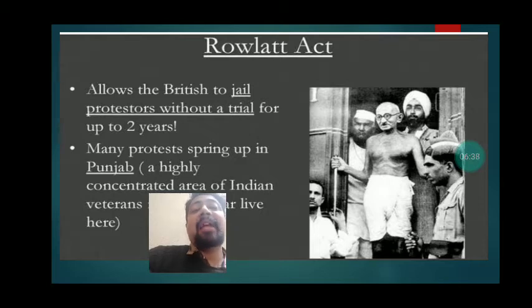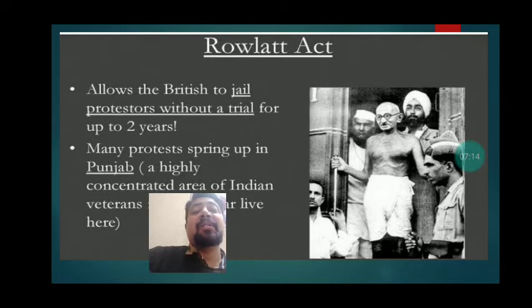Why? Because this act allowed Britishers to put any suspicious Indian behind the jail for 2 years, and there would be no trial for this. So many protests sprang up in Punjab in response of this, and many were put behind the jail who were revolting, who were actually criticizing this particular act. So Britishers passed one act in order to curb the freedom of Indians. So this act was termed as the Black Act because here no appeal was there and no trial was there against this particular arrest. So this Rowlatt Act created a lot of problem, lot of anger among the Indians,